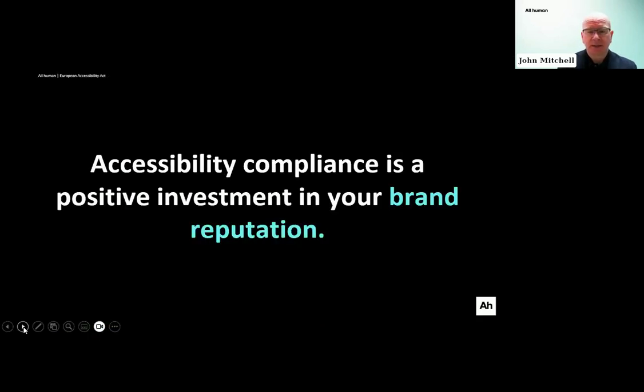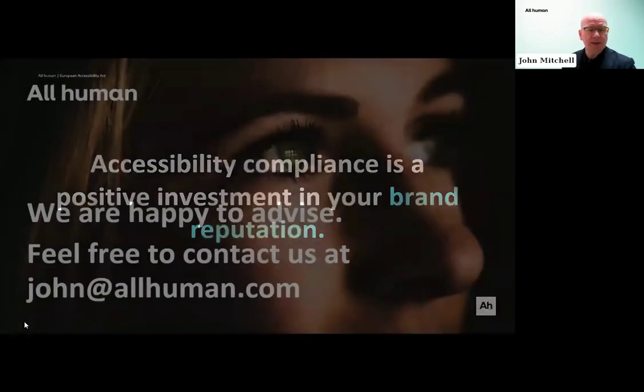And if you'd like to go on to the last slide. Just to reiterate that point, accessibility compliance should not be seen as a distressed purchase. It is actually a positive investment in brand reputation. And in our experience, running that audit, running those remedial fixes, and organizations having ownership internally for the ongoing monitoring and adherence to that can be a really positive accelerant for brand reputation, and not tokenistically, but can really enhance brand.